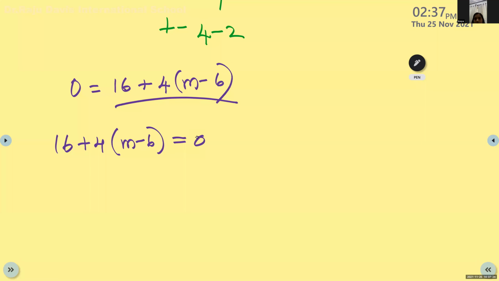Okay, now tell me then what is the next step? 16, m, 6. Left side will be what? I cannot hear you. Nihal Mustafa? Minus 6. Yes, 4 into m minus 6 is equal to how much? How much? Nihal? Ma'am, 6 itself, I think 6. 0 is here. You cannot change that.